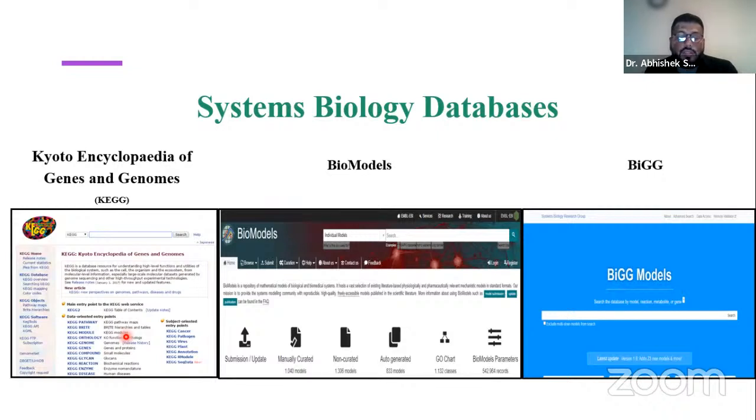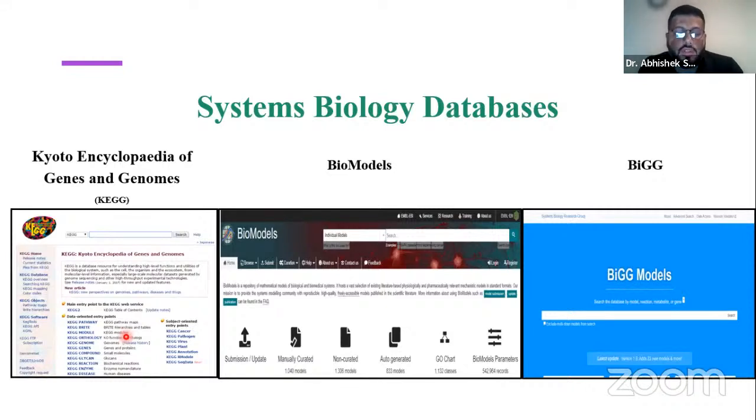First one is the KEGG database. It is a collection of databases with genomes and biological pathways. So it is not just a pathway database. It's a very comprehensive database. It has KEGG genes, KEGG proteins, KEGG drugs, so it is a very comprehensive database like NCBI. It is a myth that KEGG is considered as only a pathway database. That is not correct. KEGG also has various annotations of various genes, proteins, and single biomolecules also.